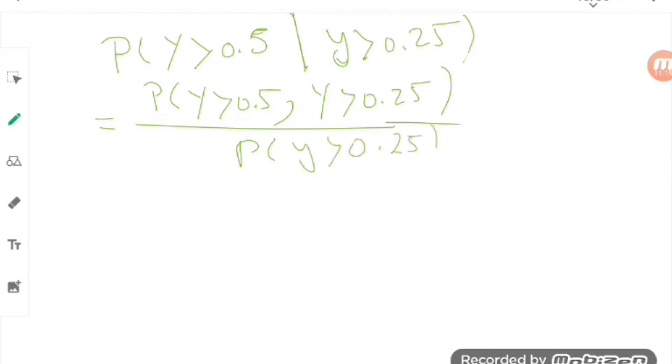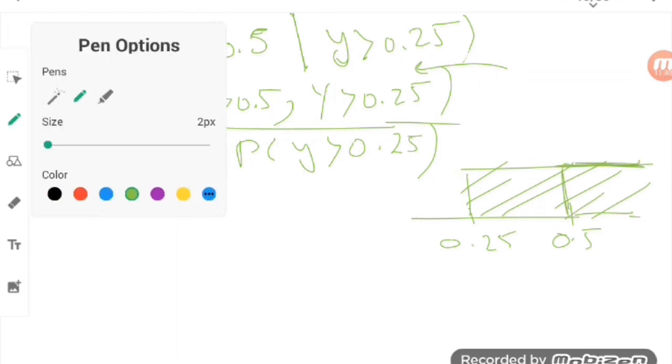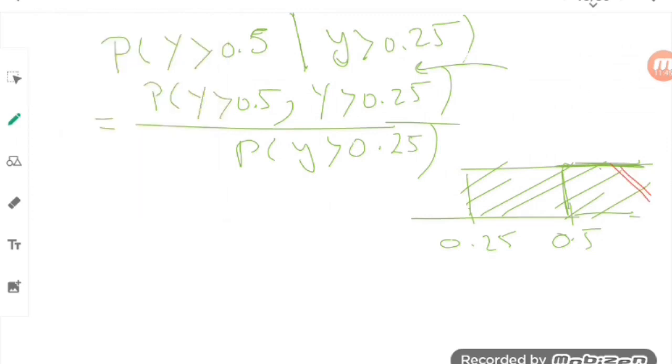If we have two different intervals, y greater than a quarter is represented by this area, and greater than half will be represented by this area. Let's make it with a different color. This is greater than half, so this means the intersection between those two intervals